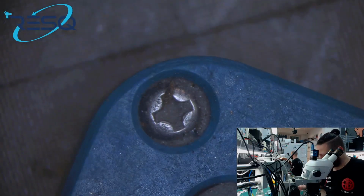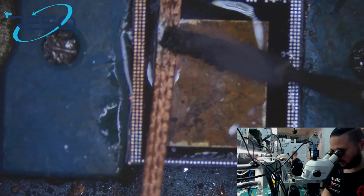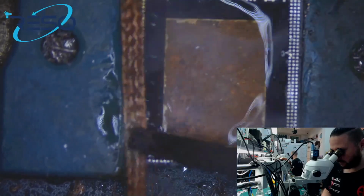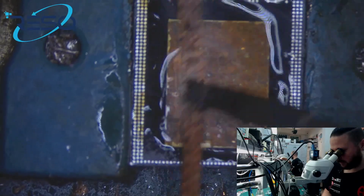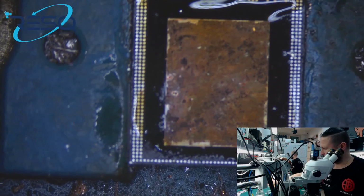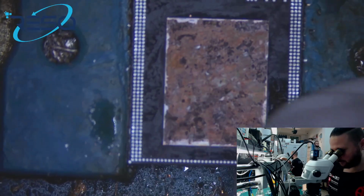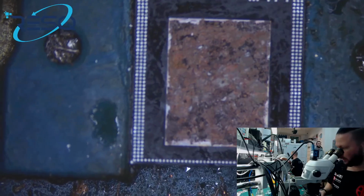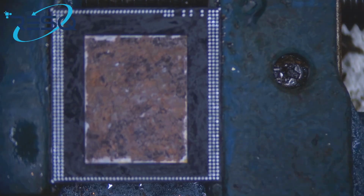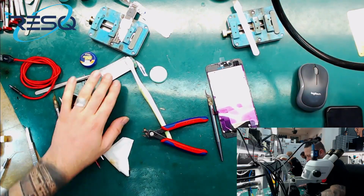So it's like that. And like that, okay? After that you clean, and you have a perfect looking surface. Now we just do one thing. We just... Oh, that was the wrong one. We just have a look for